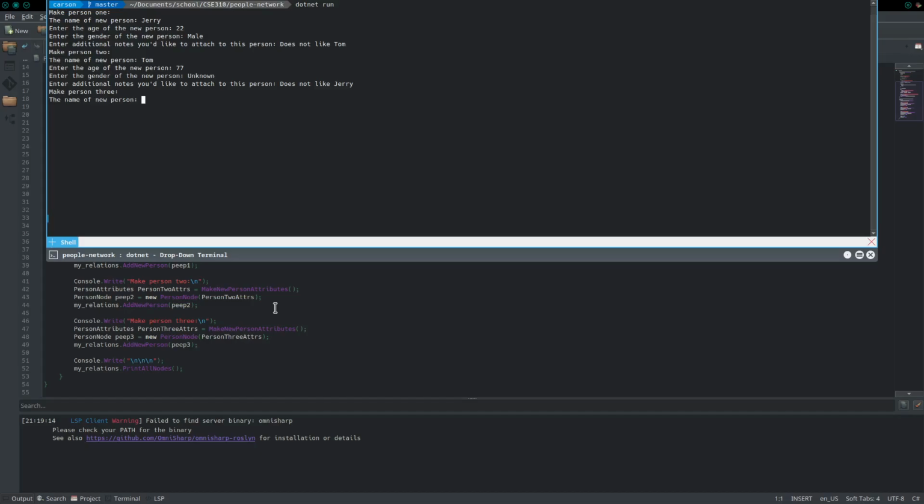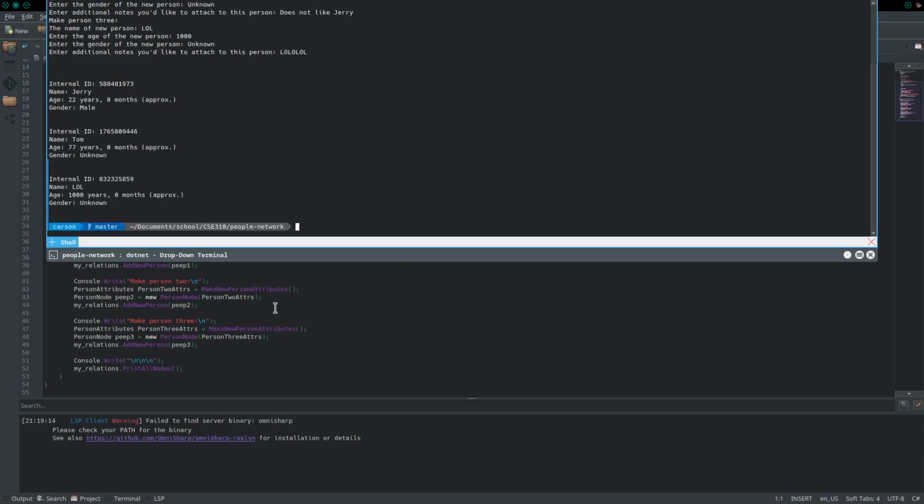Let's say LOL. Age, we'll say its age is 1,000. Gender, we don't know. LOL. So this is just showcasing, all right, we have some spaces and we can see it generates a random internal ID